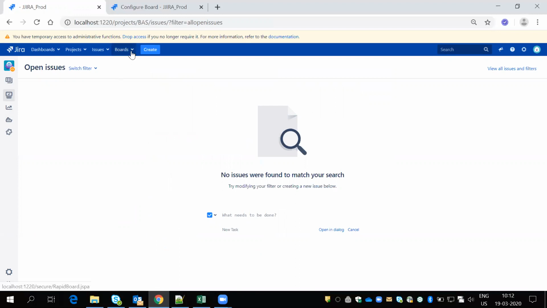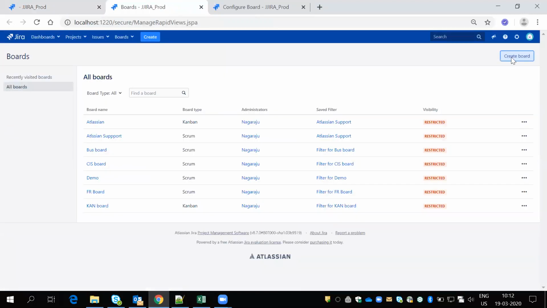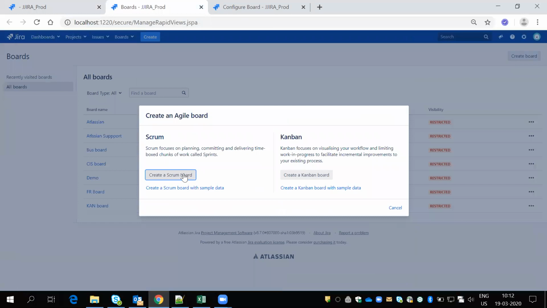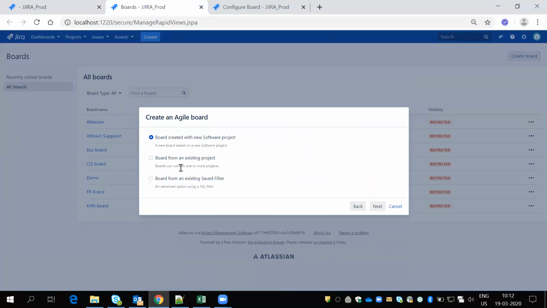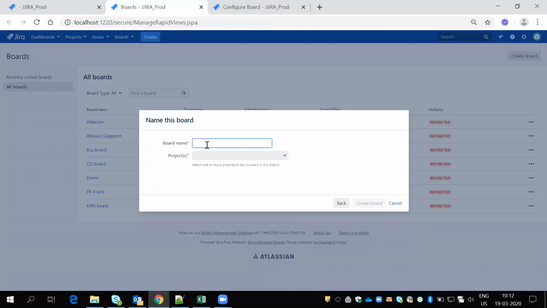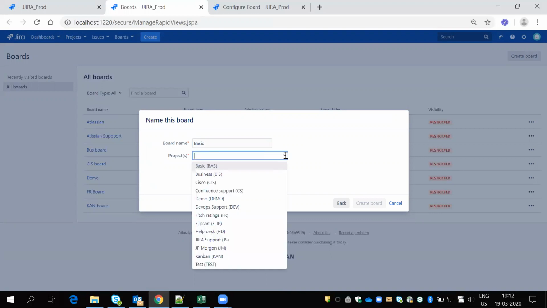See, the same thing we discussed earlier. Just go here, create it. If you want Scrum or Kanban, just select that and board from existing project. Click on next, and select the board name. Suppose I'll select basic, and I'll select some basic projects.